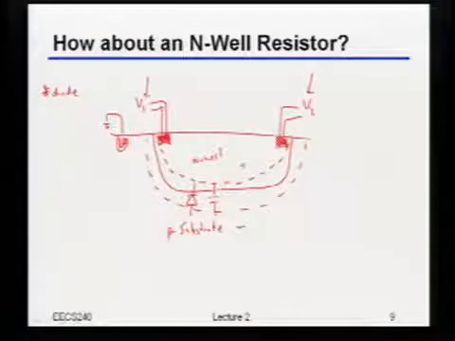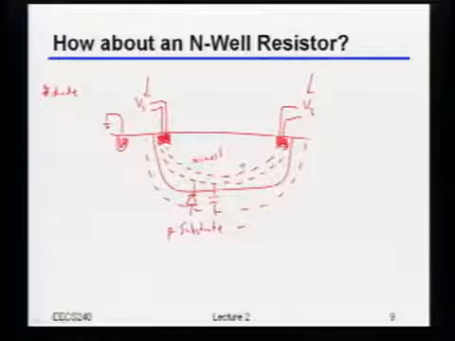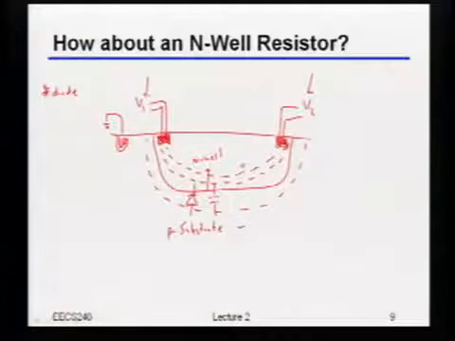Why does the resistance vary? Depletion region. Yeah, the depletion region is going to change, right? If I have more voltage across it, that depletion region is going to get bigger. And so the effective thickness I have available to actually flow my current through is going to get smaller, right? And so in fact, that's why it depends on both of the voltages that I just mentioned,